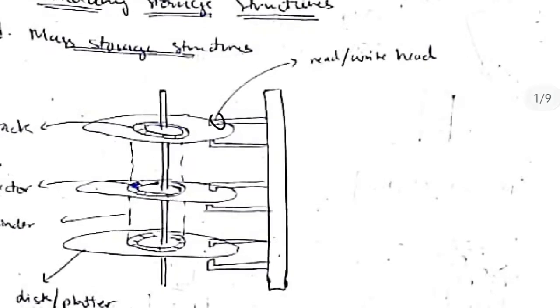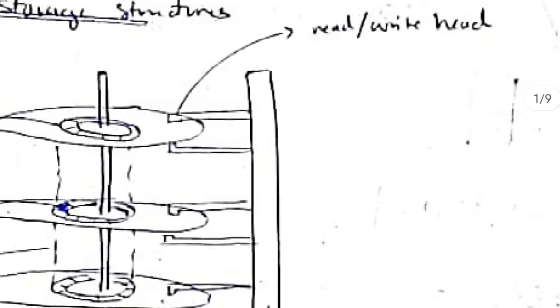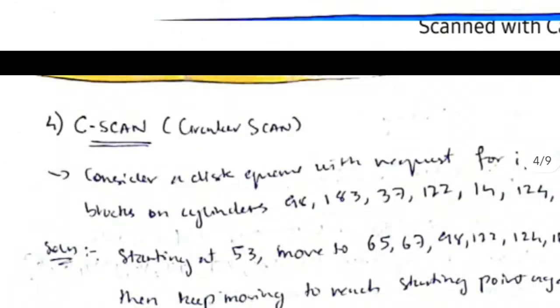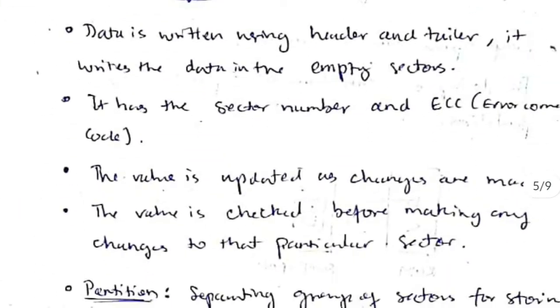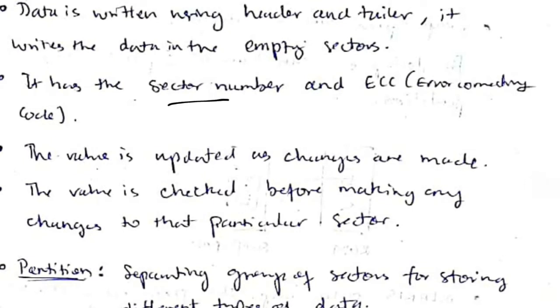These are the header and tailor. Data is written using this, and it's written in the empty slots. So empty slots will be checked for here. If it's an empty slot, then the data will be written. By using this, the data will be managed efficiently, and it has the sector number and the error correcting